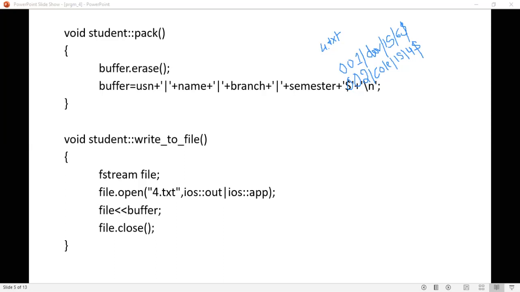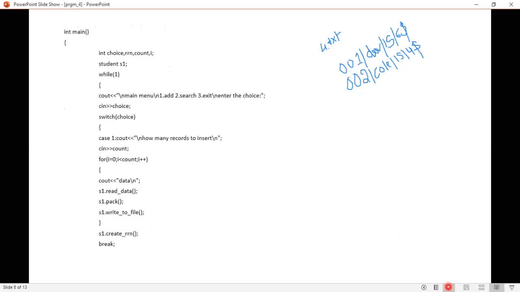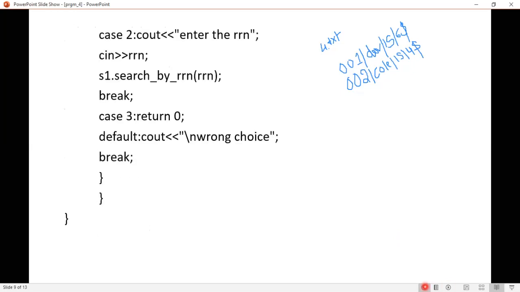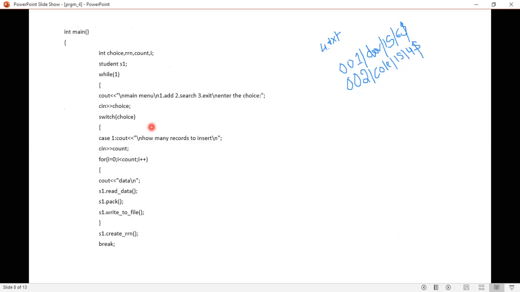Okay, next, what will we see, what next? Once you enter the data into the file, how many records have we entered? Two, and then you have read the data, packed it, and then you have written it to the file, that is 4.txt here.